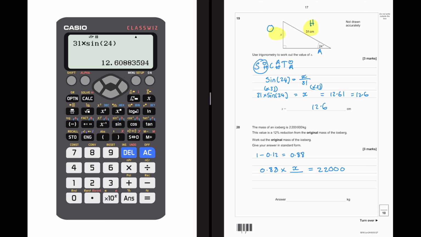So if we do 0.88 multiplied by the original value, this should equal 2,200,000. So if we write this more clearly, we've got 0.88x is equal to 2,200,000. So to get x, we're going to divide both sides of the equation by 0.88. So we've got 2,200,000, and then divide this by 0.88. So x is equal to